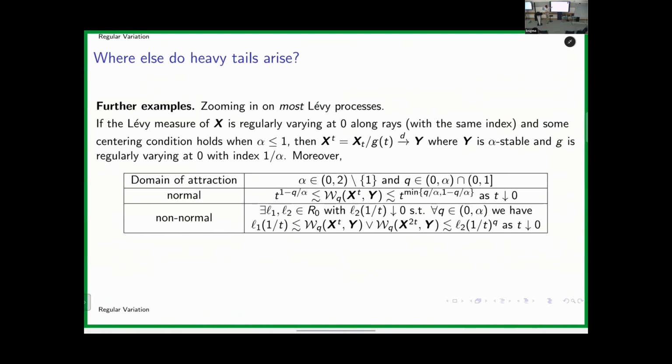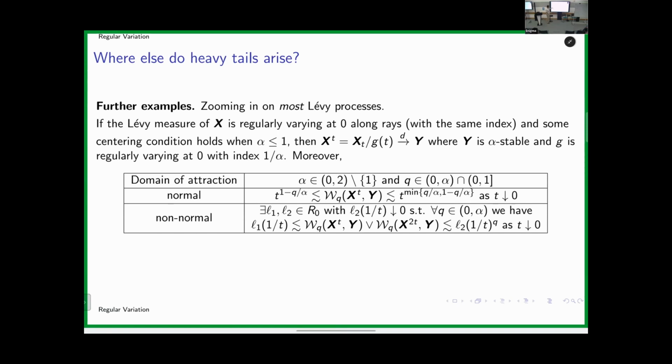And much like in the story of random walks, here, as time goes to zero, if you're in the domain of normal attraction, you can get a polynomial rate below and above, with different constants. But for most Qs, they will be the same rate. So this is very tight and nice, and in particular, you don't have much room to improve. So the convergence is guaranteed fast, and you cannot get much better.